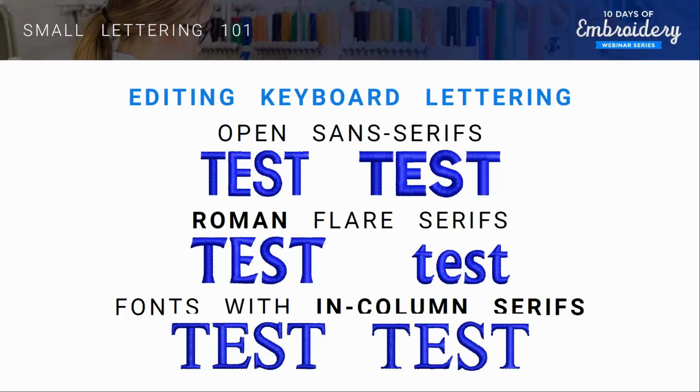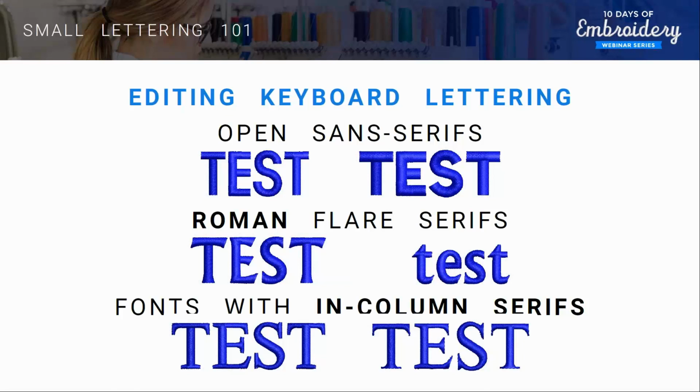And if you look at the lowercase on the right-hand side, that lowercase e, which is often one of our trouble letters, is very open. The hook on the bottom is dropped far from the central stem. And so those really open flare serifs are going to shrink easier. You won't have to do a lot of work to them to make them run, because you can just watch those trouble areas, those gaps, and those satin stitches to make sure that you're hitting that 1 to 1.2 millimeters